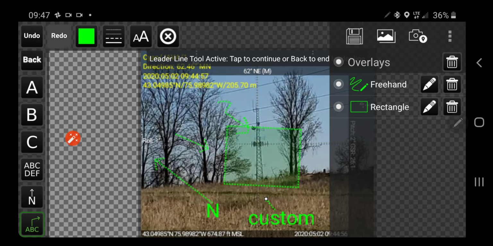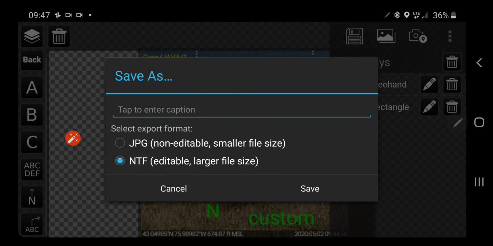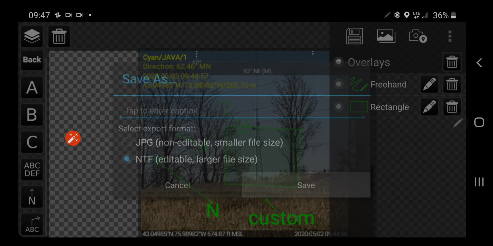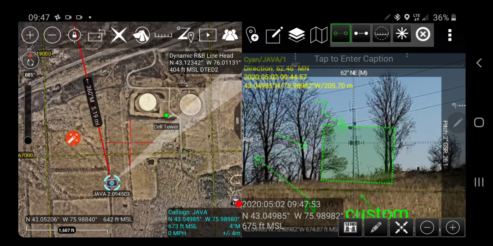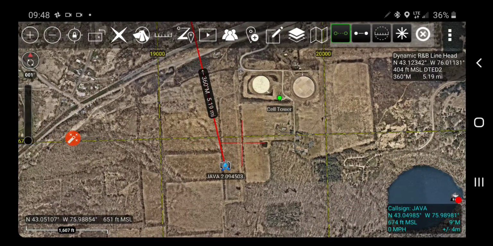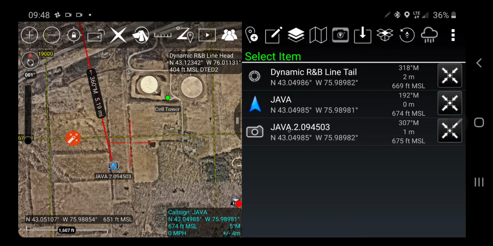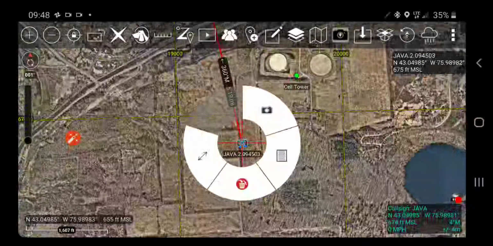All right, so with all of that, then I can save this, and I could either save it as a JPEG where everything is burned in, or a TIFF where it's editable later, which is what I want to do. Okay, so now you see, if I dismiss this, I could take another photo, but if I get rid of it and I get rid of that, now if I click on this and look at the photo, you see